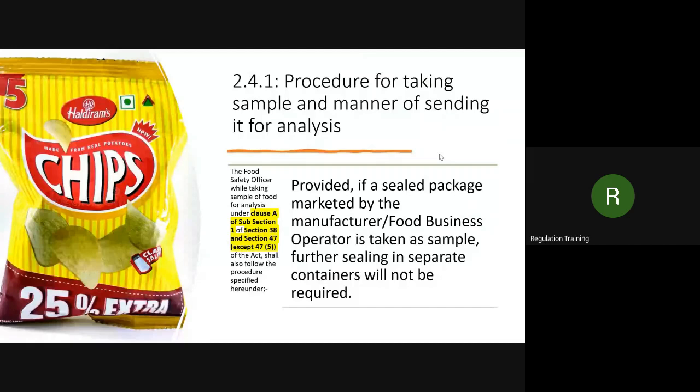You can also say that food materials must not be transferred to another container. That is the other meaning. If it is a packet, then the whole packet can be taken as a sample. This decision can be taken by the FSO only. So if you become an FSO, you should know that if it is loose, you have to take it into a sterile container, and if the sample is in already pre-packaged condition, then it need not be transferred from the packet.